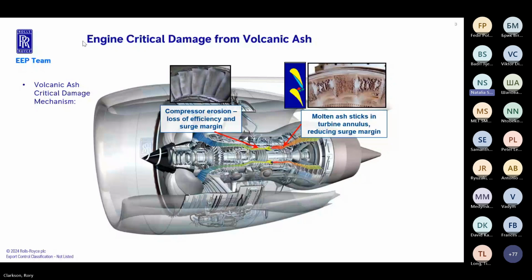excessive erosion of rotor parts in the compression system, or both, deposition of a partially molten or fully molten deposit on the inlet aerofoils to the high pressure turbine, the nozzle guide vanes. So you don't need to completely block that passage, but if you reduce the flow area by between 10 and 20%, most modern engines will stop, because you're reducing the flow of air through